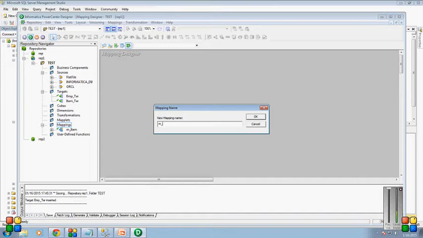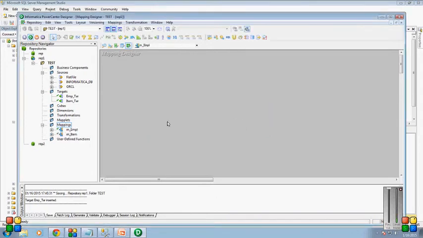I'm just going to give the name m_employee for the mapping. So it's the m_employee mapping.